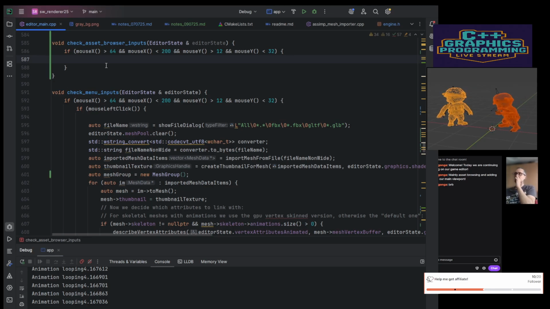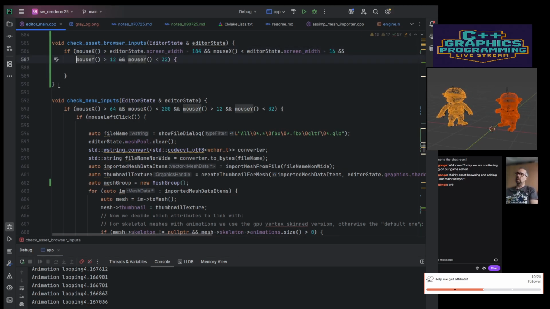So if the mouse is bigger than editor state screen width minus 200, let's say minus 180, 170, 184, and mouse X is smaller than editor state screen width minus 16, and mouse Y bigger than 132,